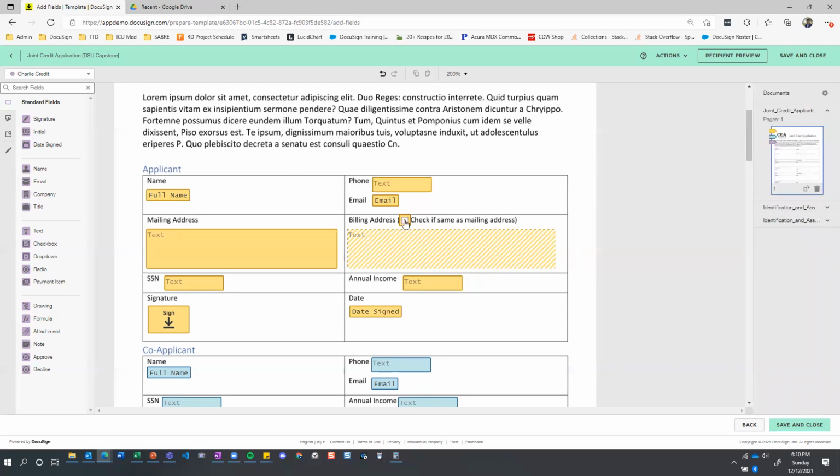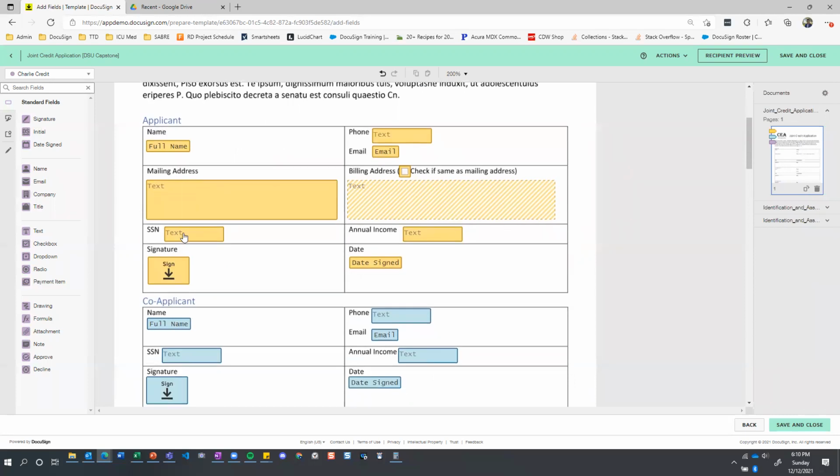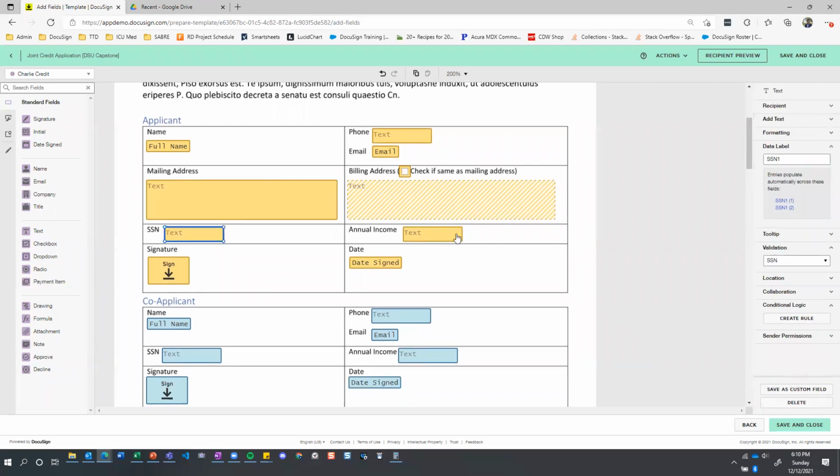So if this checkbox is checked, then we see that this disappears, and if not, then it will stay there, and we saw that during the demo. Okay, social security number and annual income. The main things for these two were that, first of all,